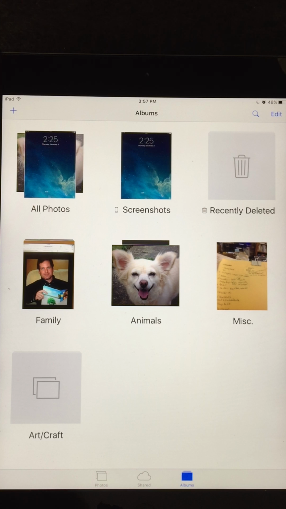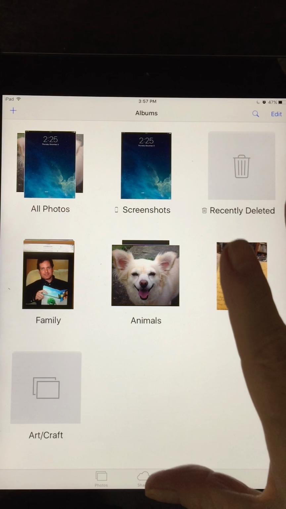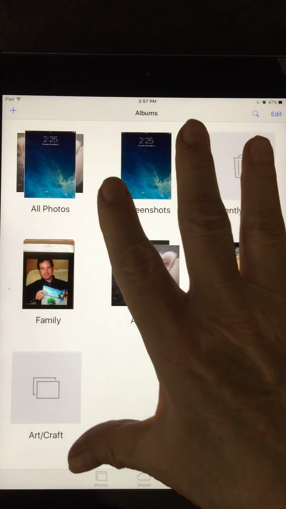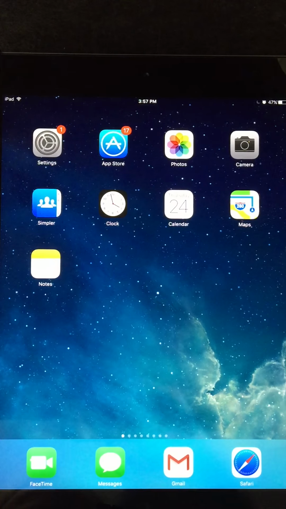Now, there may be a way to get batch photos, meaning a whole bunch of photos, from the Android tablet into the iPad, but probably that would require the cord, or you might be able to use any that were in iCloud, but you don't know about that yet, and that's very confusing to me too, so I'll just leave it at that. So now we'll go back to the camera app as opposed to the Photos app,